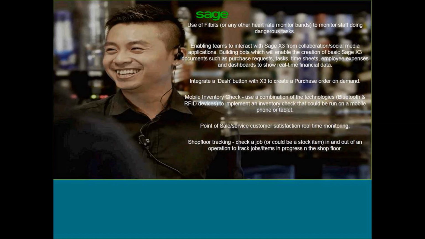I talked about Dash button, potentially also integrating the Dash button into X3 so that you can, on demand, create a purchase order when supply becomes low during a particular process operation. And then other ideas like a mobile inventory check, point of sale or service customer satisfaction, real-time monitoring, and shop floor tracking. These are some of the ideas that people are presenting for running in the hackathon itself.